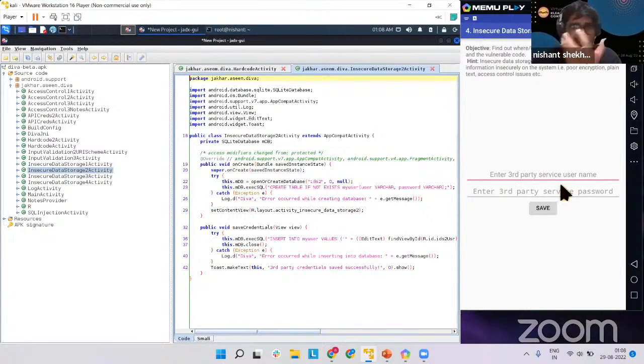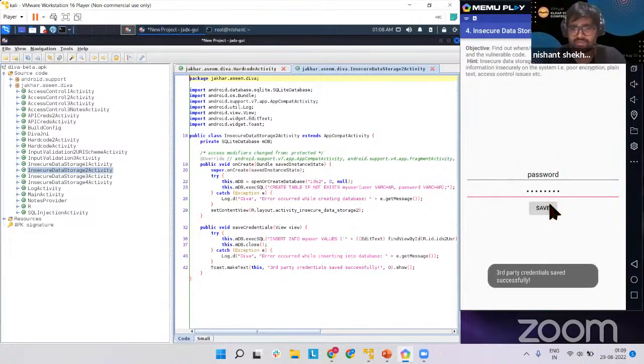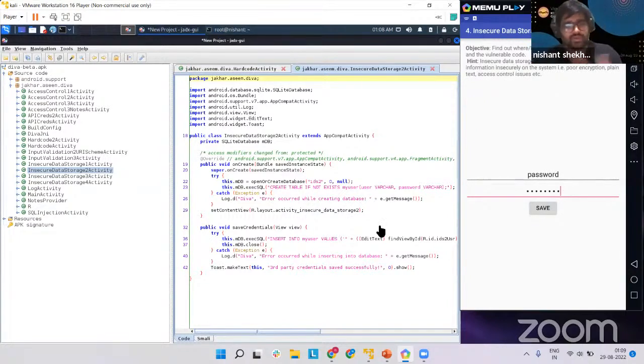So what I will do is type something here, like I will type password as a username, and password. I don't know what I typed, but it's there. Okay, so it shows third party credentials have been saved. Now, because this has been stored in your system, and I'm connected to the phone also by ADB,